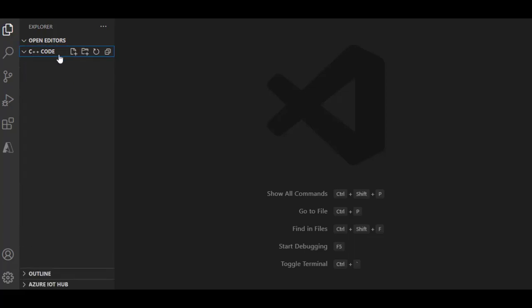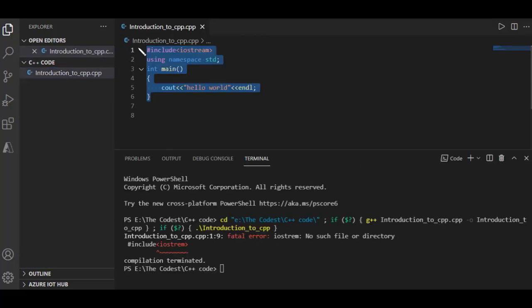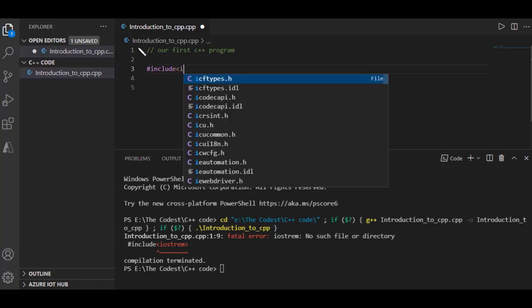So now we will make our first programming file here. Click on that and write the name of our program. In our case, it is Introduction to C++, and its extension is .cpp, so don't forget that. And we will be writing our code there. So we are writing our first program, and it starts with #include <iostream>